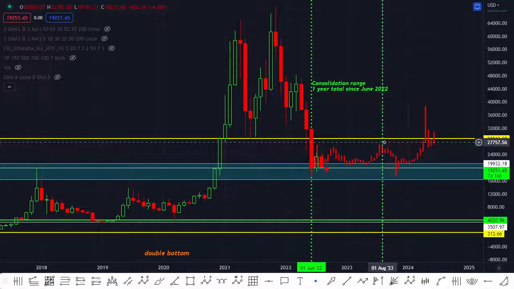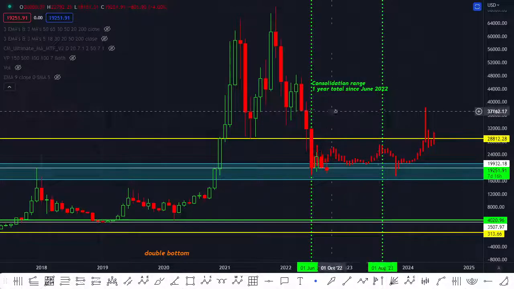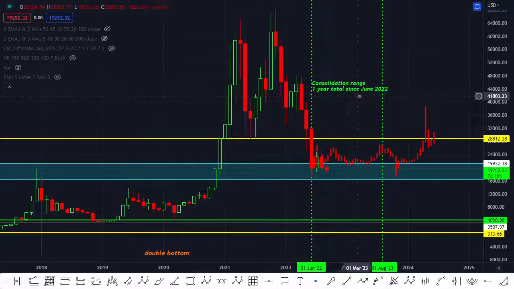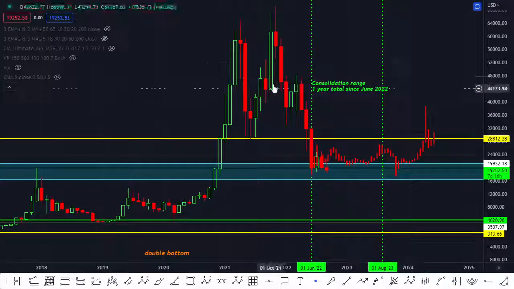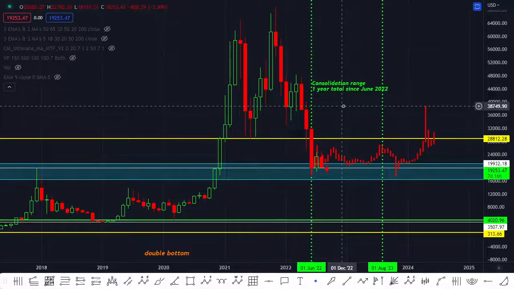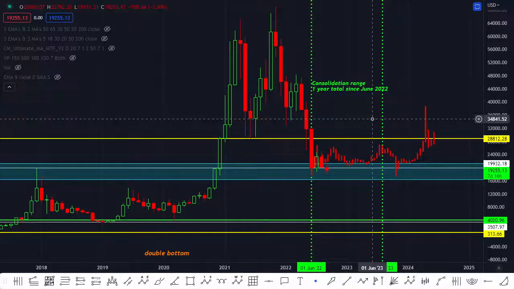Then another pump towards 27 again. Then another drop to form like a double bottom formation. And then the bull run really starts. That's where you start your confirmation. So all of this here, which is what I call consolidation year, 1 year total since June 2022. So this range right here is going to be a consolidation, a range, in my humble opinion, between